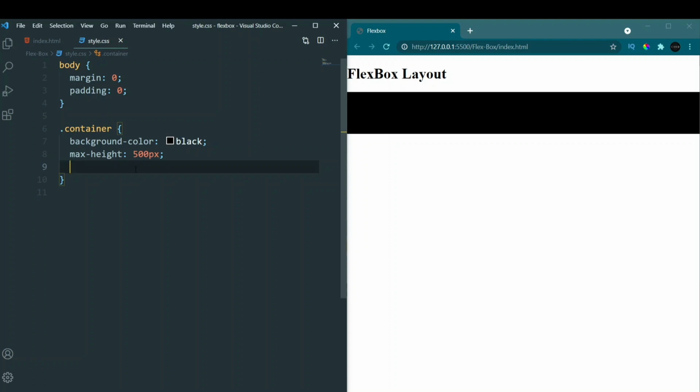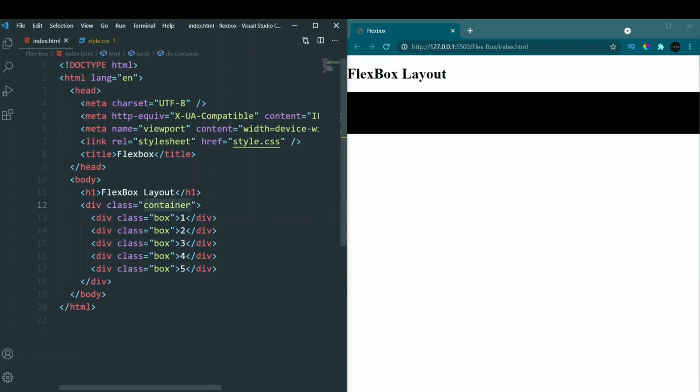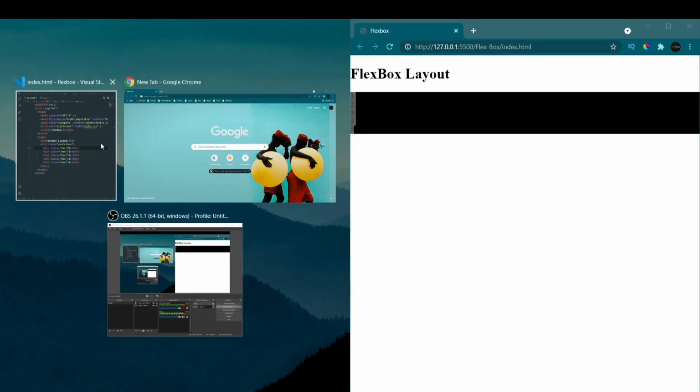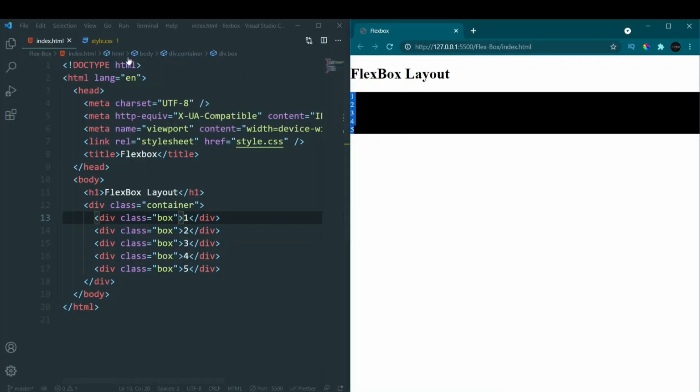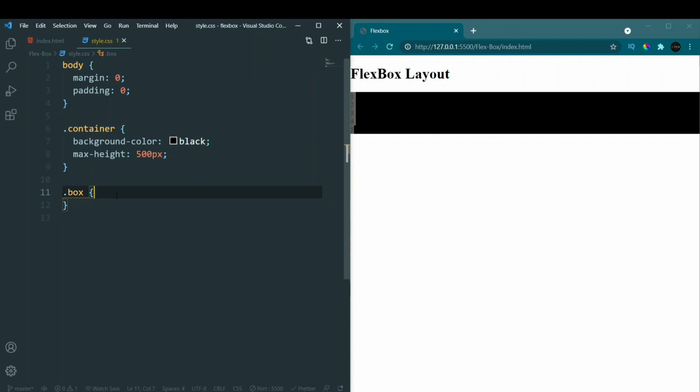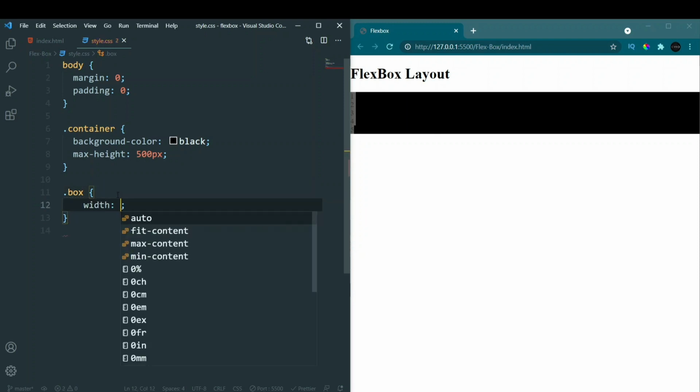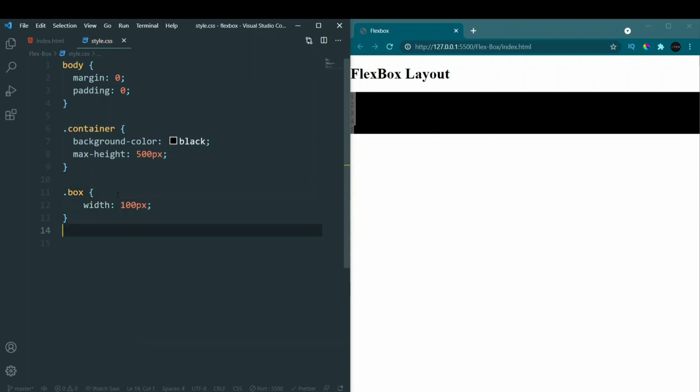Now let's target the boxes first. I want to show you one more thing. Let's call the box. This is for all the divs that we have right here. This is the same class. The box class is there for all the 5 divs that we have. Here you can see it is not visible because of the same color, but those are there. So now let's apply a height to this div so that we can notice them. We'll go into block. Let's add first height and width. So width of 100 pixels, and even let's add a height of 100 pixels.